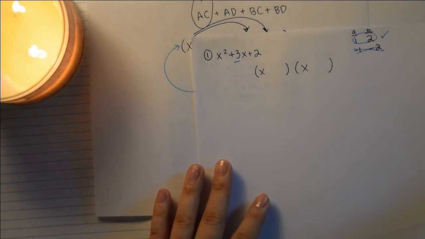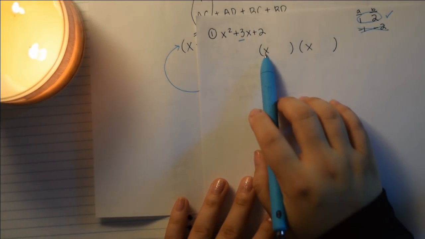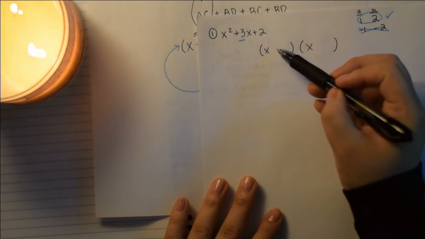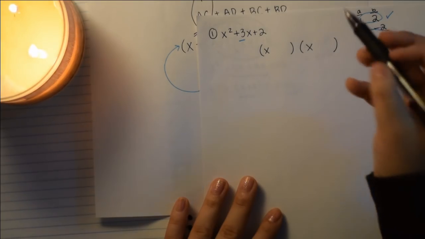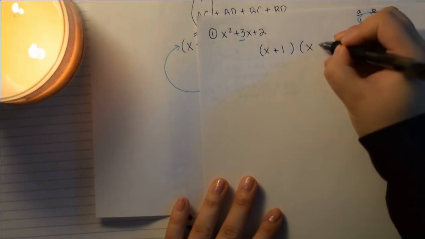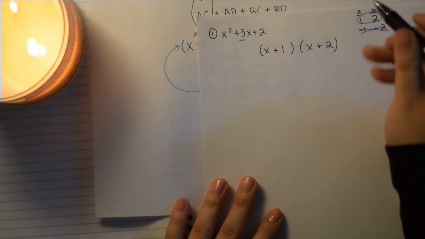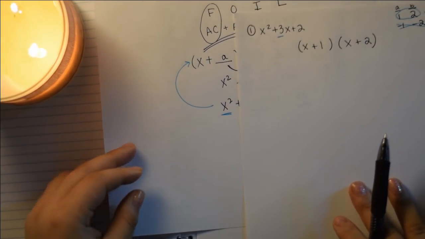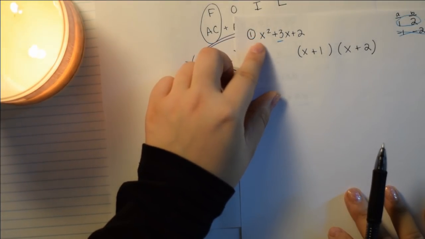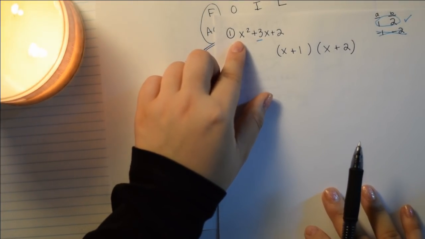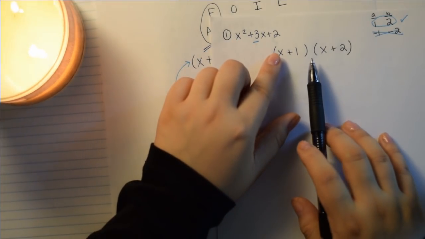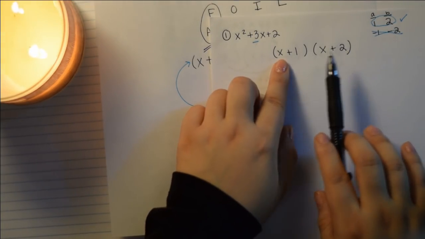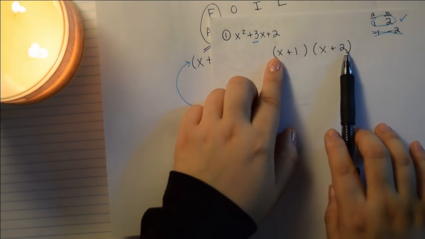Okay. So just because we have an x and an x here, it does not matter if you write the +2 here and the +1 here, or a +1 here and a +2 here. We can just write whichever order we like. But notice that we also have to take care of the situation where there's a coefficient in front of the x squared, let's say 3x squared, and we have to deal with a 3x and an x here. When we do the outer, then in this order we would have 2 times